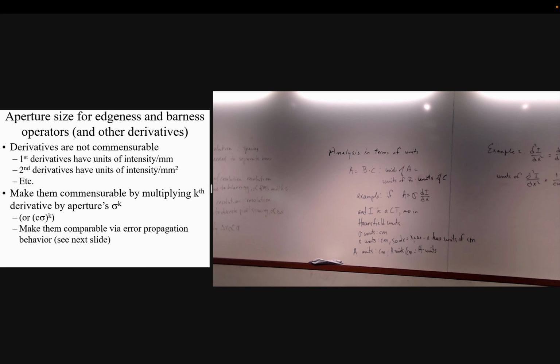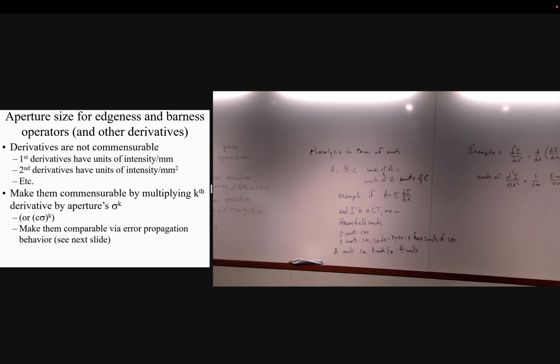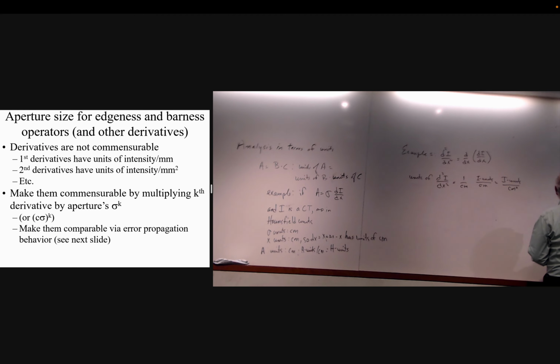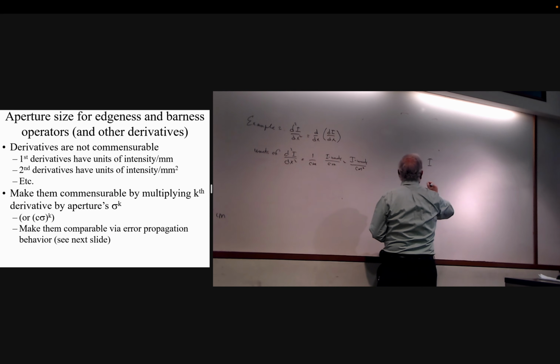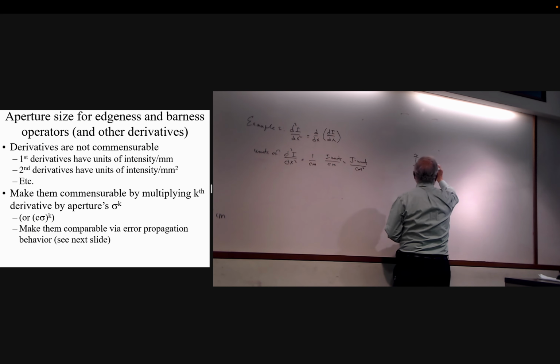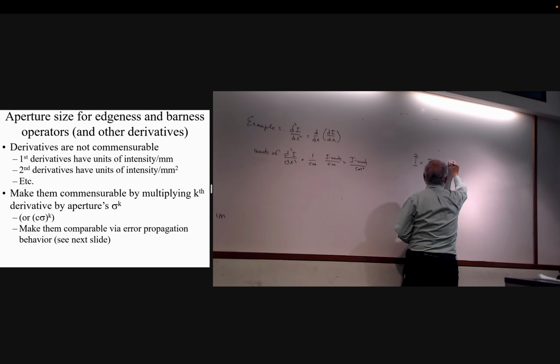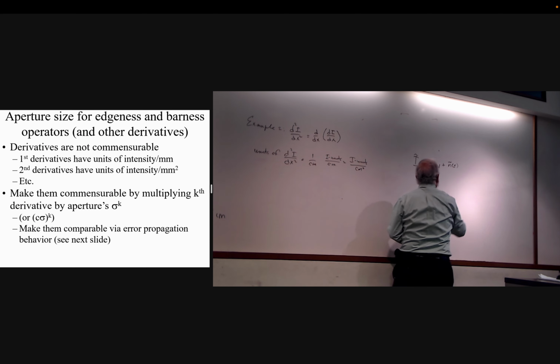Okay, any questions about that summary? I'm now going to go on to the issue of noise. And in the case of noise, we understand that we think of images as being made up of, I'll call it I signal, plus some noise,